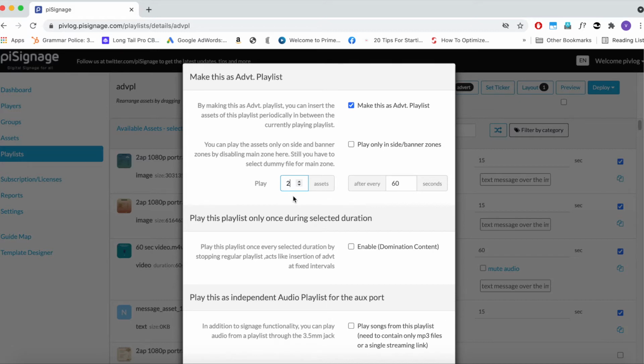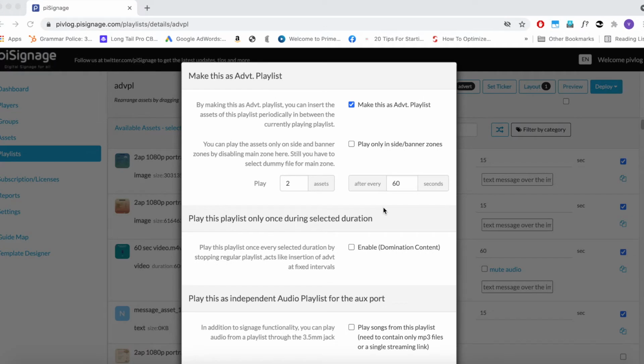Based on the number entered here, number of assets displayed in an instance is decided, and all the assets in the playlist will be covered cyclically in successive instances of display. Next, you have to enter the time intervals at which these adverts have to be displayed. The entry is in seconds. Above we have said that we need the adverts to be displayed every 5 minutes. So if we enter 300 seconds here, the advert playlist will be displayed after every 5 minutes of scheduled regular playlist display. Enter the time interval based on your need. Next option is the one which enables you to limit the advert display to your side zones and bottom zones.